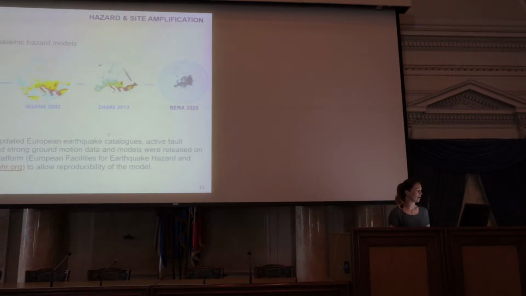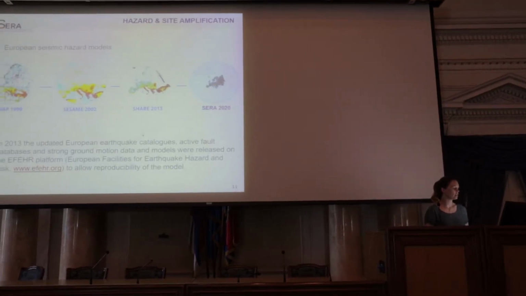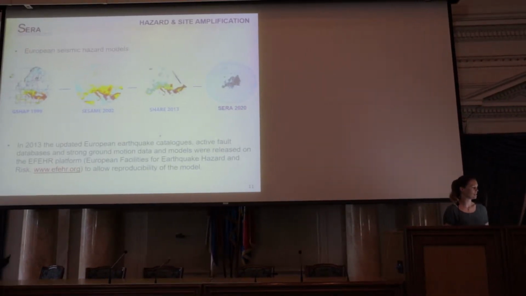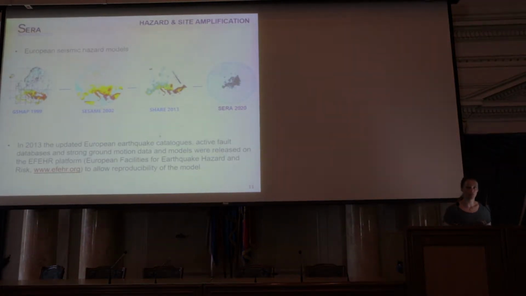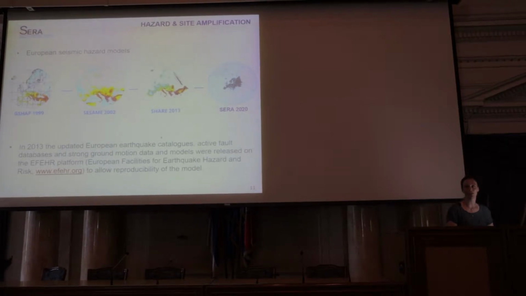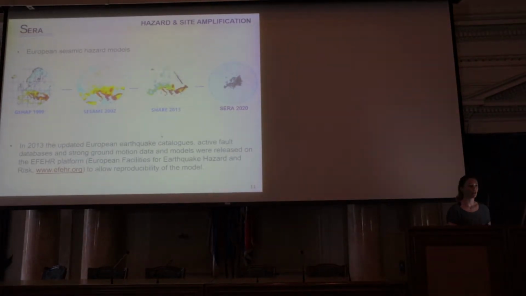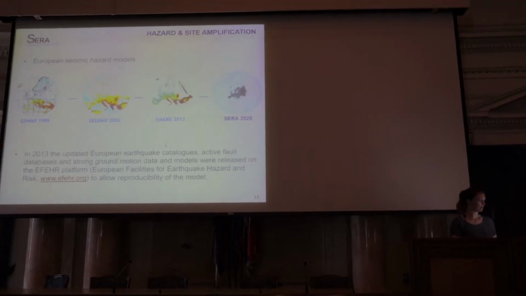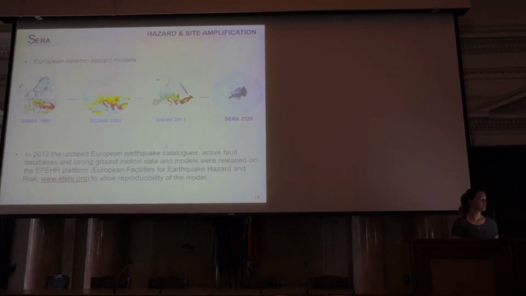which is called EFER, European Facilities for Earthquake Hazard and Risk. So that website there, that link there, you can go and download each of the components that were released to create this seismic hazard model, and this allows for reproducibility of the model. The calculations were carried out with the OpenQuake engine, so you can insert the input into the OpenQuake engine and rerun the calculations. But if you're, as Vito was mentioning, if you're not interested in actually running and checking calculations,